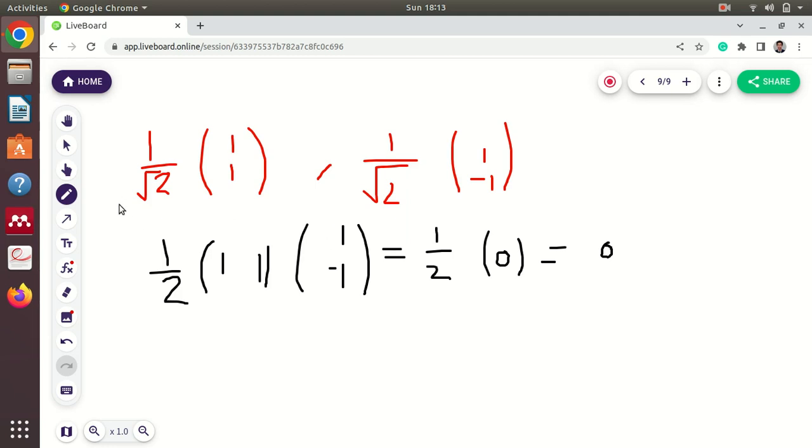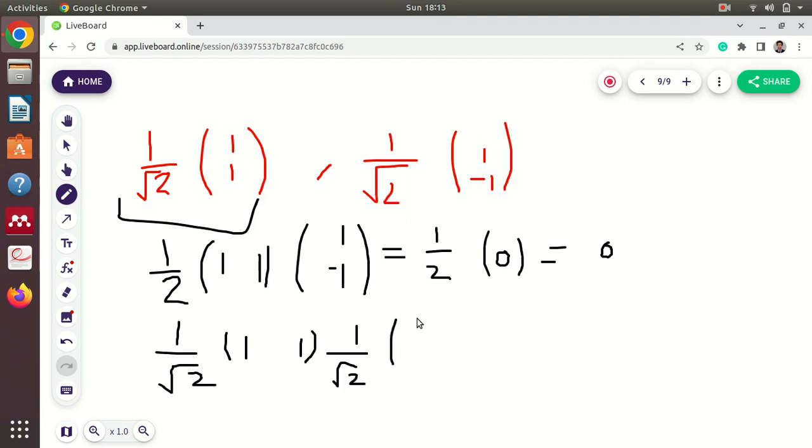So I will check this one, and you can check for this. Okay, I will show you all the steps. So 1 by root 2, I have taken this in the dual space, and then the same vector again, 1 by root 2 into the original vector [1 1]. So this is again equal to 1 by root 2 and 1 by root 2, which will become 1 by 2,